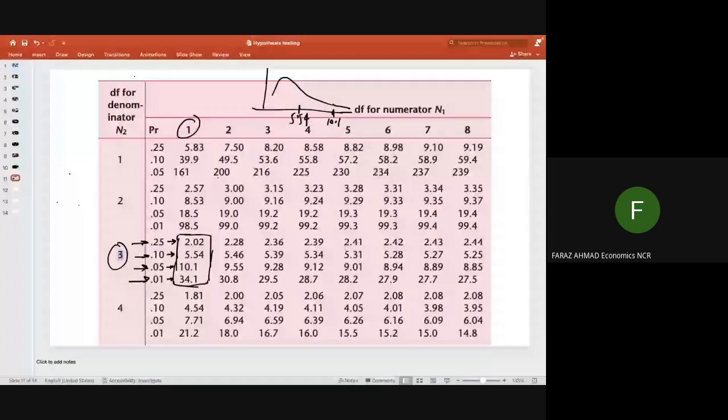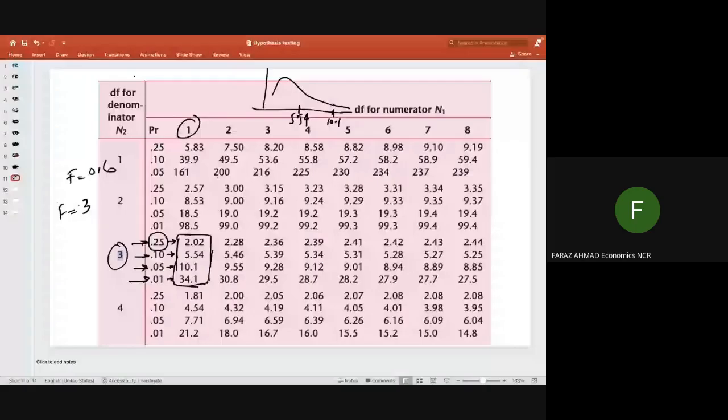Now let us come to our case. In our case, our F statistic is 0.6. So we have to locate where 0.6 falls among these four values. There is no 0.6 here, but if we see the order in which the values are moving, our value is even smaller than the lowest value here, right? The lowest value is 2.02, so it will be below 2.02. That means the area under the tail would be above 0.25,